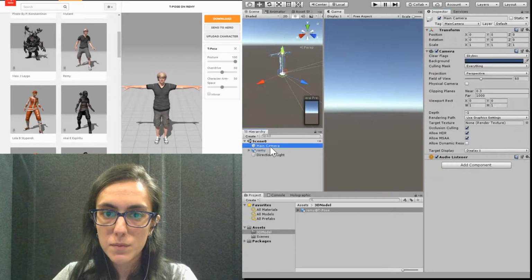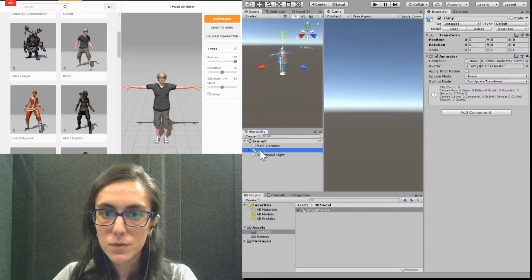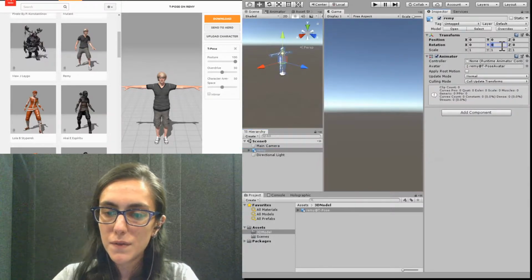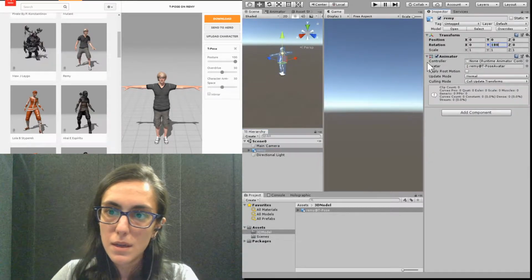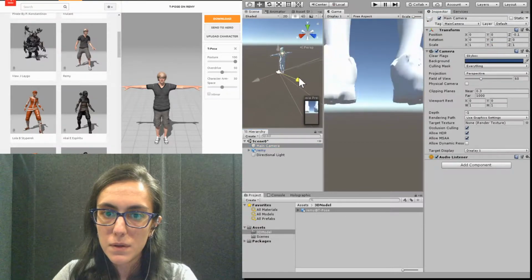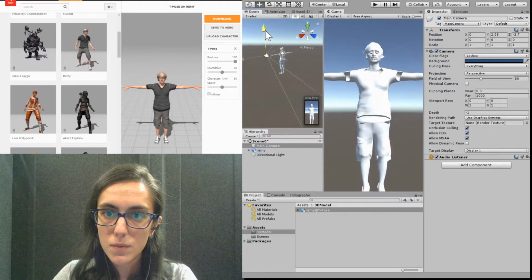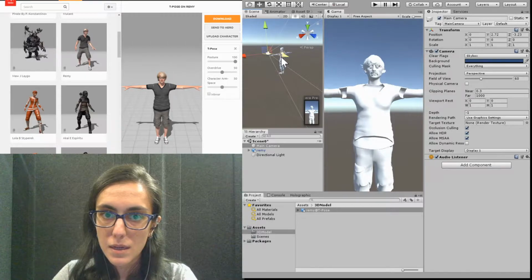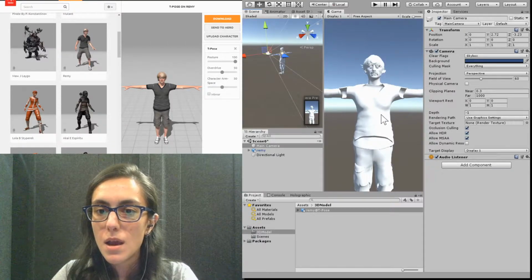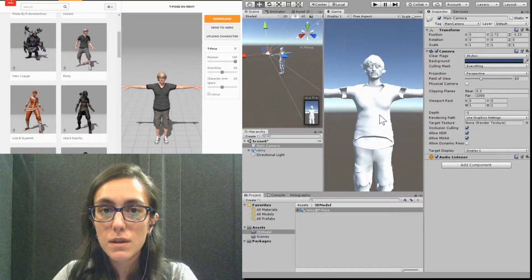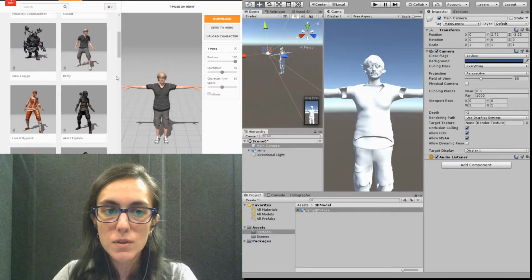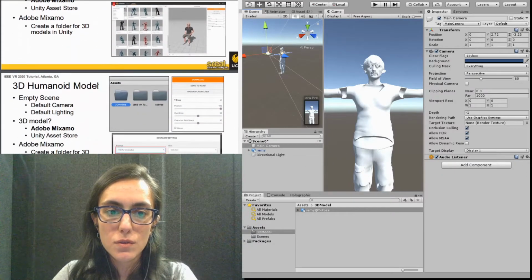And then I'm going to move the camera. So I'm going to put Remy at 0, 0, turn Remy 180 degrees, and then move the camera away so we can see Remy. And as you can see, it looks kind of weird. The reason it looks like this right now is that it doesn't have any material. So we need to make a few changes to